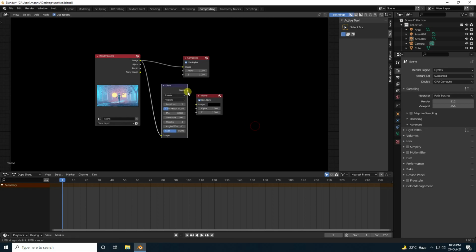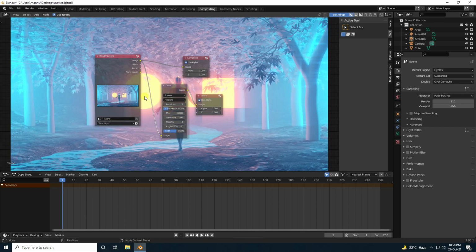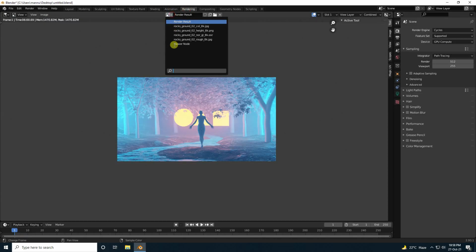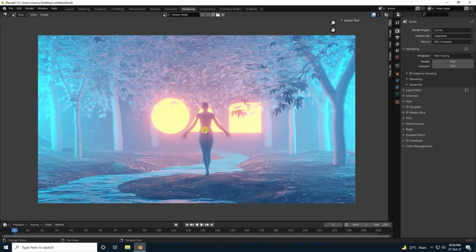So select and connect with image, this one. Yeah. Okay, so guys, for fog effect use high and size I use 9 and go to render. So viewer node check. Yeah, see guys, that's my beautiful effect. It's my new style of night forest scene, right?